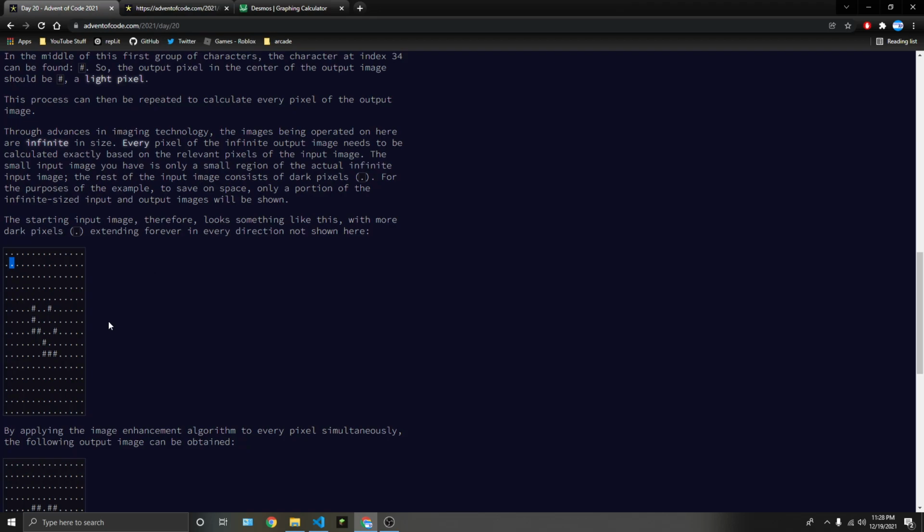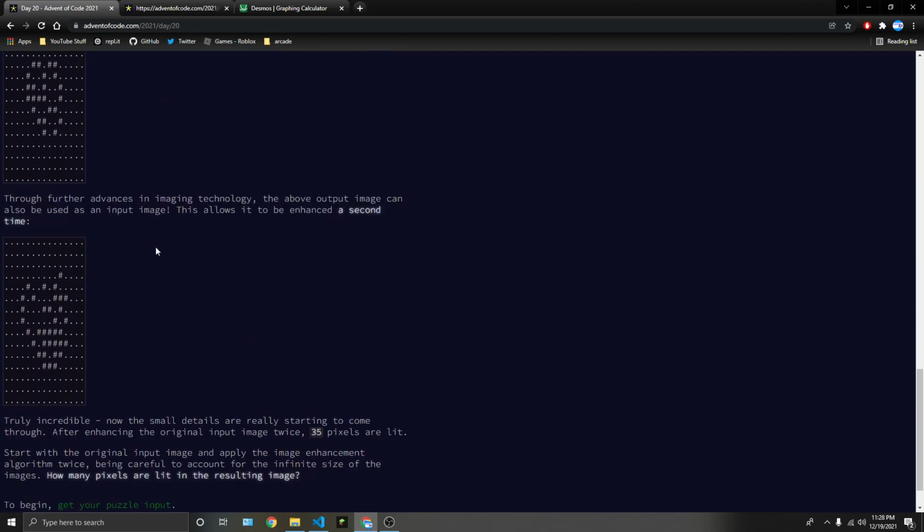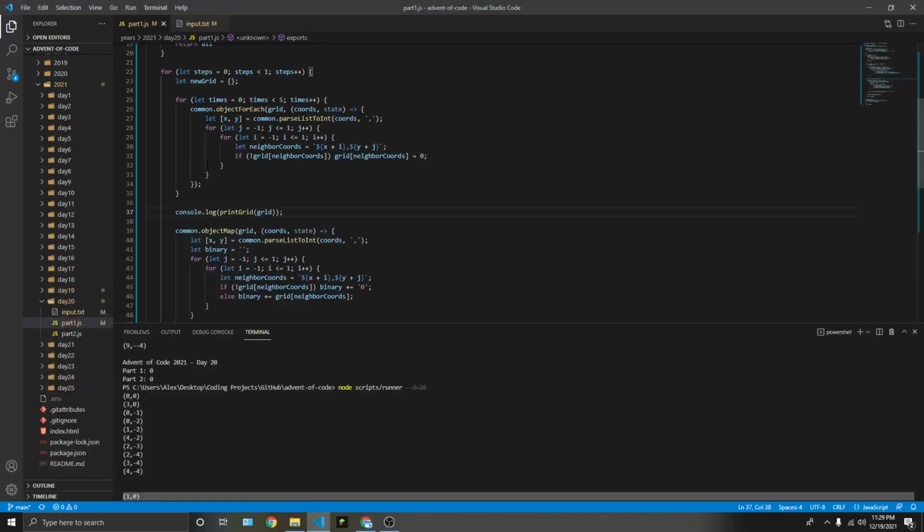Because, what? Every pixel of the infinite output image needs to be calculated exactly based on the relevant pixels of the input. Okay, well, I mean, that's basically just saying that. Okay, but so